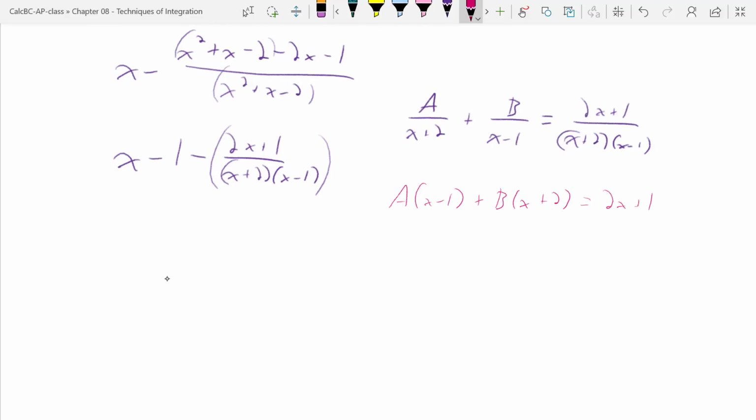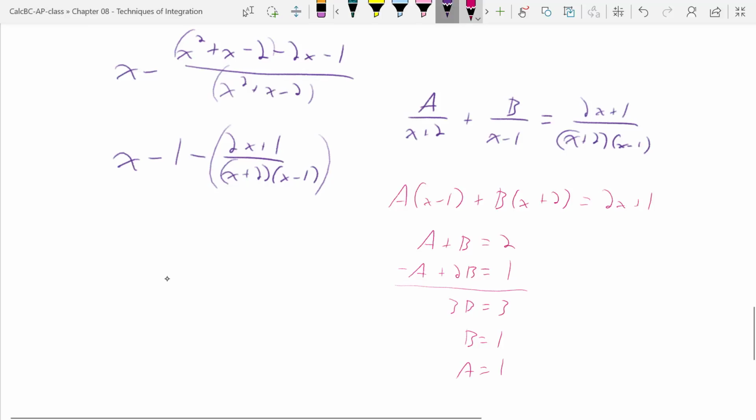And then you can set up your system. a plus b has to be equal to 2, and negative a plus 2b has to be equal to 1. Well, when you add those, you get 3b equals 3, b is equal to 1, which means a is equal to 1. And if we take that back to this thing here,